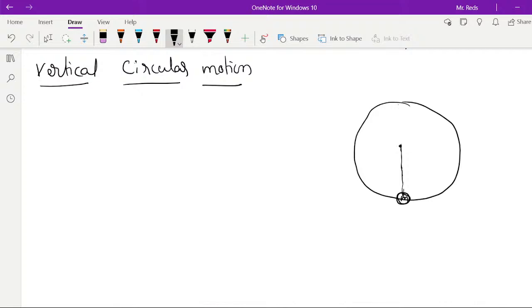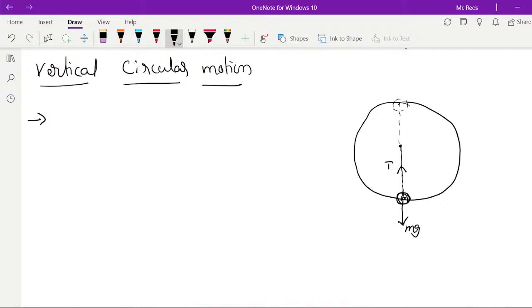It goes up to the top, and again it comes here, and again it undergoes circular motion. In this path we have to keep in mind a few points. Just like in the above case, here also, in vertical circular motion, mg acts vertically downwards,